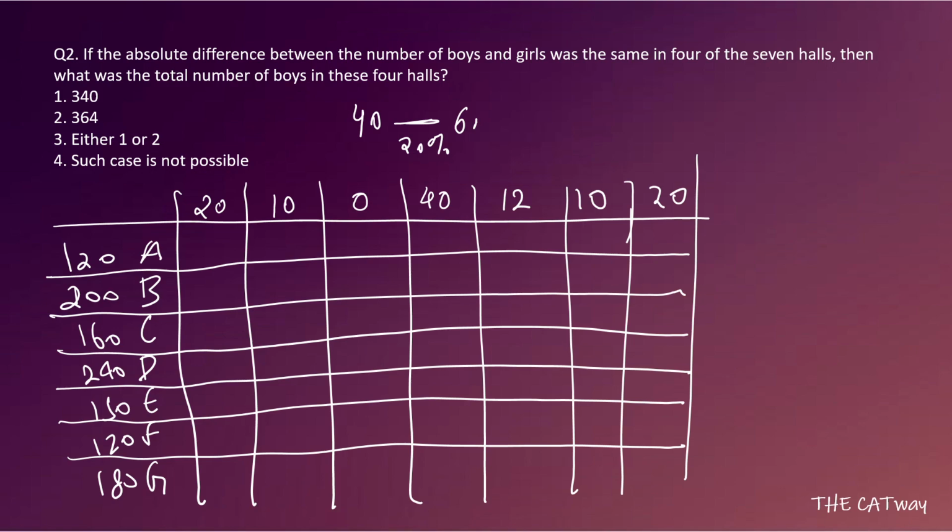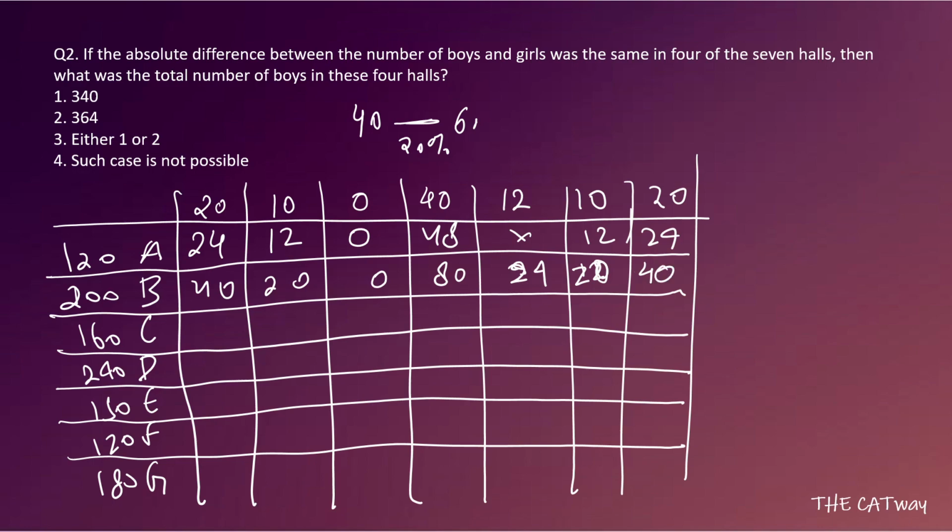Let's see what the possible options are here. For 120, 20% we have 24. Here you need your calculation speed to be very good. So 24, then 12, we have 0, then 48, then it is not possible, 12 and 24. For 200, here it is 40, here it is 20, here it is 0, here it is 80, here it is 24, here it is 12, and here it is again 40. Sorry, it is 20, this one is 20 and this one is 40.